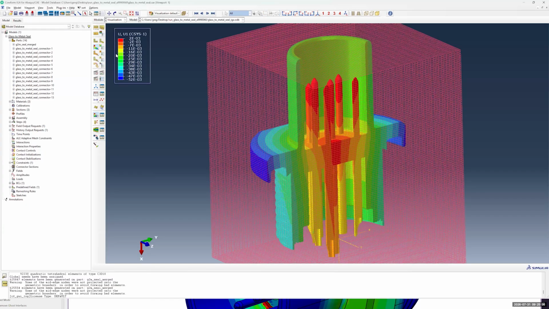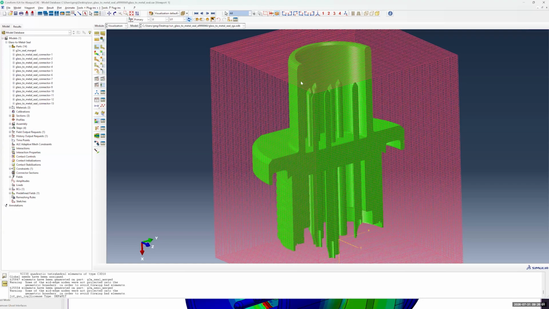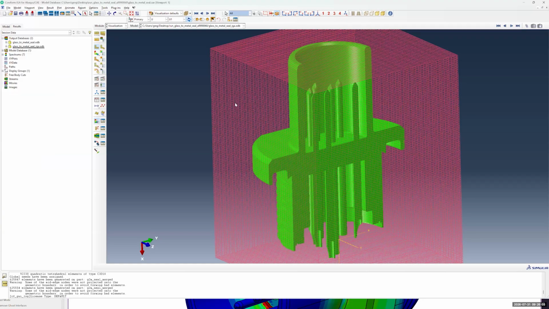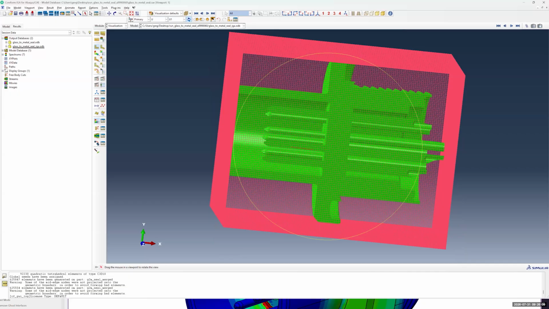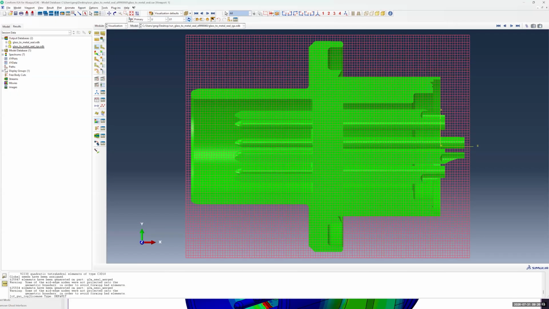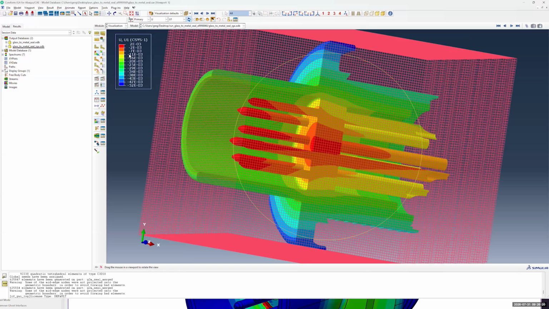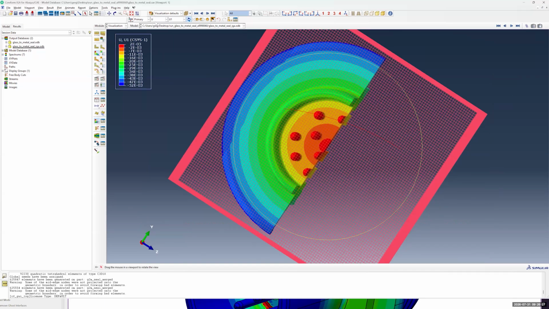Let me turn off my mesh real quick. So this is an initial release, so we are trying to work out some kinks in some of the user displays. But if we look here, you can see my background grid on top of my simulation result. I've created a cylindrical coordinate system. So here, looking at the radial displacement of my header geometry at the final time step,